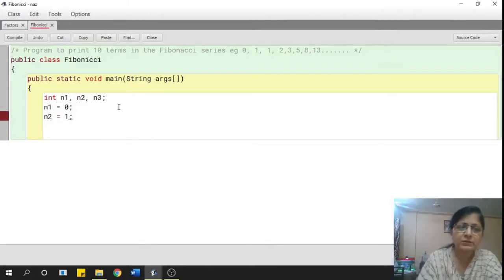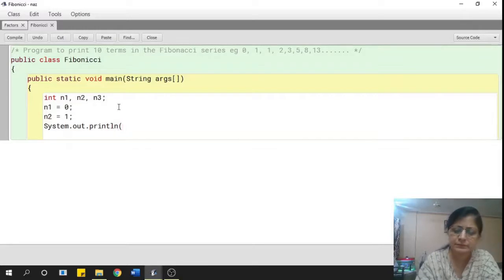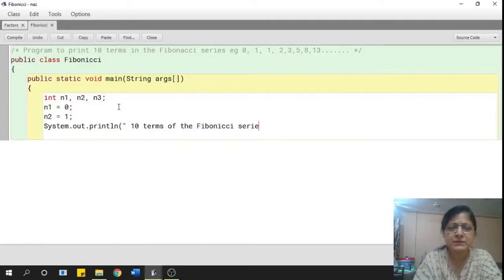Okay, now before I begin, I will print the two numbers first. I'll give a heading here with System.out.println, and I'll write over here "10 terms of the Fibonacci series are", and then on the next line I want to start printing the series.